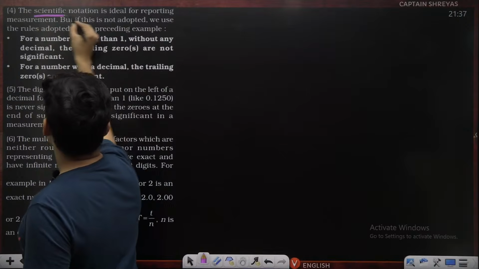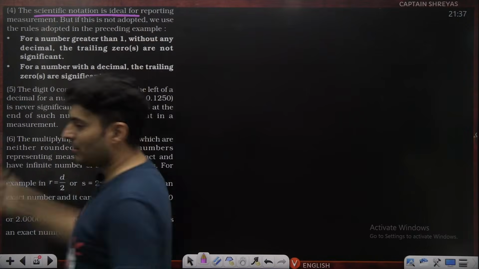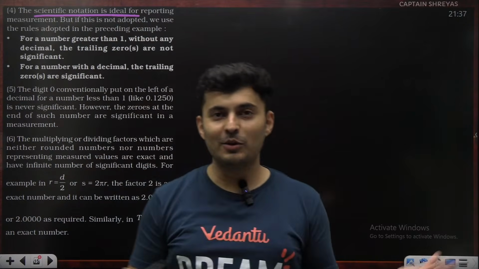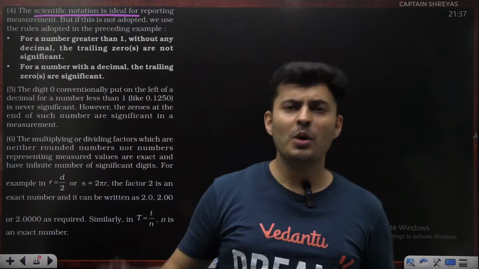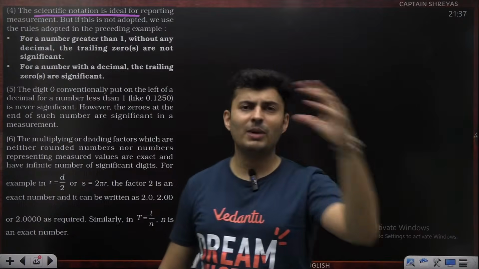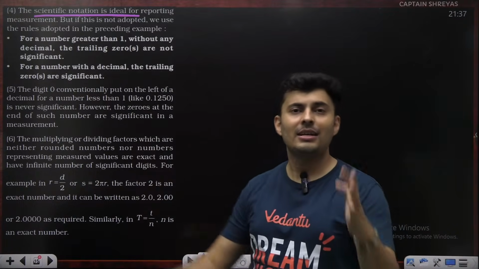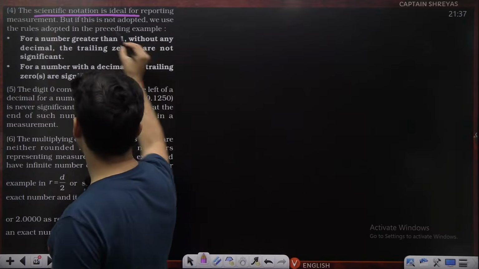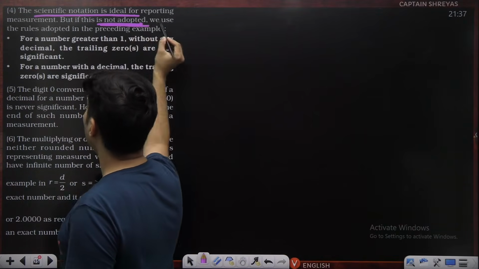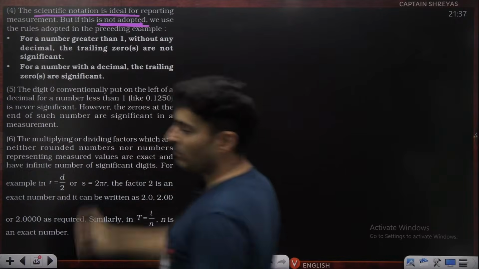If scientific notation is ideal, fine. There are a lot of things ideal. Like ideally, we should have started studies then. We should have prepared this much by now. By now, we should have cleared this. By now, we should have got all India rank this. All things are ideal, but realistically speaking, if this is not adopted, very, very important, we use the rules as